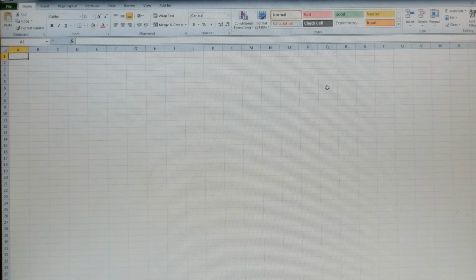This video will demonstrate how to graph and find best fit equations using Microsoft Excel. The example I'm going to use would be a constant velocity vehicle. So I'm going to put my time